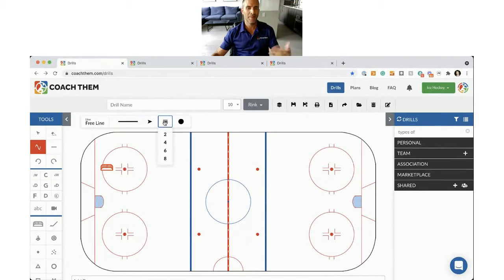We also added, from a few of our coaches who requested it, a little more weight for the lines, so we have different weight variances. And then we have the same colors that we've had in previous versions. Now, with that, you go to the different positioning. Then you also have the same thing with the text tool, the video, and then we've got the net.